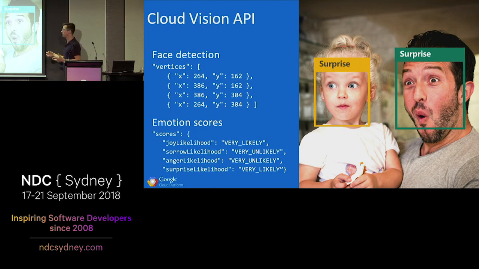But there's also Google Cloud Platform. So maybe you're already using Google Cloud. Well, they have it too. There's very similar services in both. And just like we saw on the Face API on Azure, we see it identifies the faces in the photo. Slightly different for the emotion scores. It kind of gives you a score of very likely, somewhat likely for the emotions, but same. And these are all tools that we can add in to our apps.